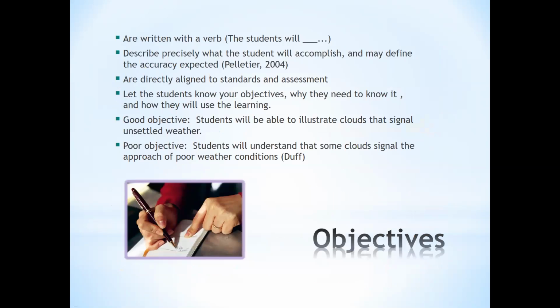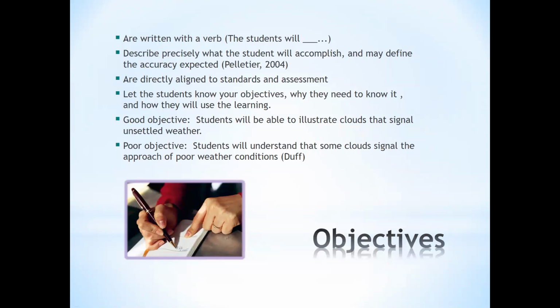Objectives are written with a verb, the student will. They describe precisely what the student will accomplish and may define the accuracy expected. Student objectives must be very specific. They are aligned directly to standards and assessment. They let the students know your objectives and why they need to know it and how they will use the